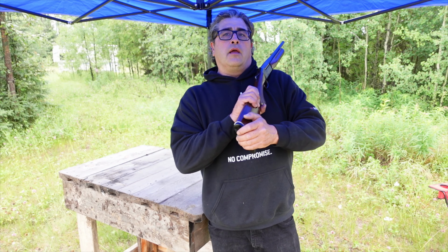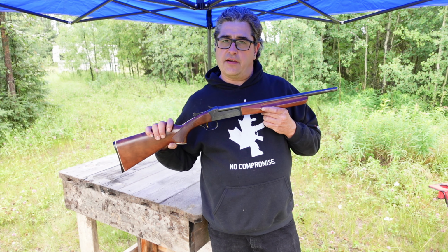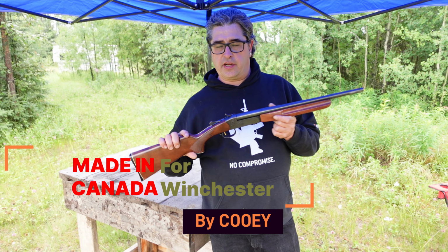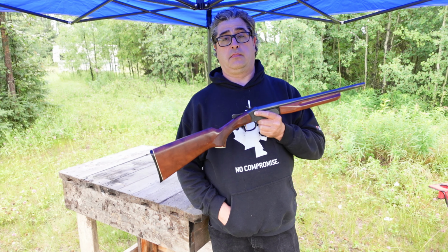Now, somewhere along that timeline, Cooey was messing around and came out with a nicer version of the Model 84, which they called the Model 37A. Now everybody's going to start complaining probably, and oh, that's Winchester Model. Well, that's correct. It is Winchester Model. It, like I said, was an upgrade of the Model 84. The Winchester Model 37A. This particular bad boy is chambered in 410 bore,